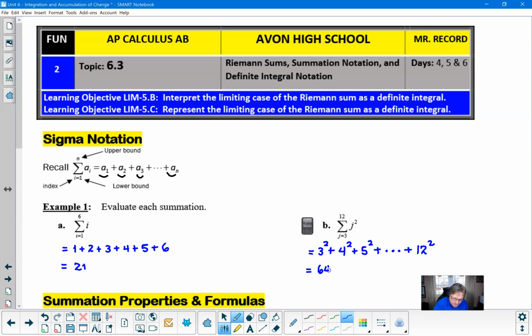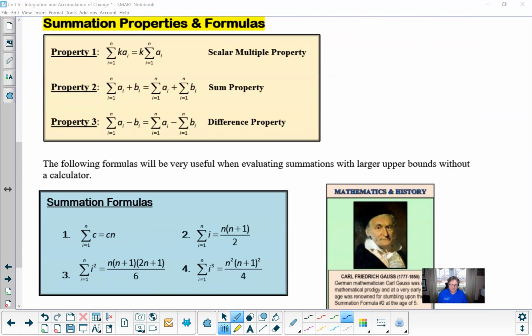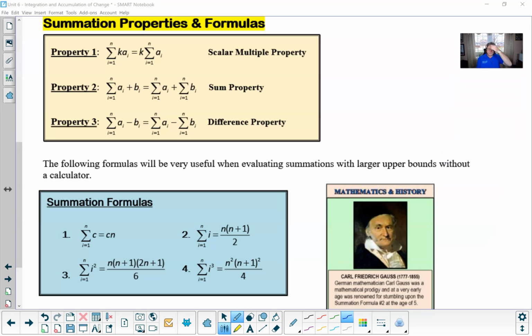Now, if this problem is a non-calculator problem, there are ways that you can still do it fairly effortlessly, or at least without the mundane idea of having to add all these, and we're going to talk about those a bit later. All right, now let's build the idea of summation properties and formulas, because we're going to be working with